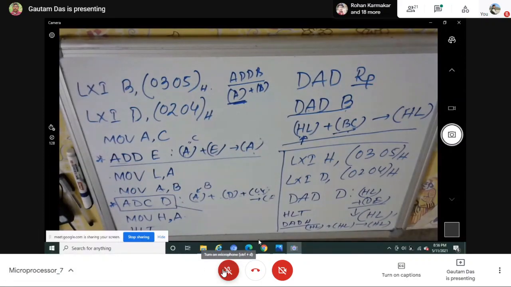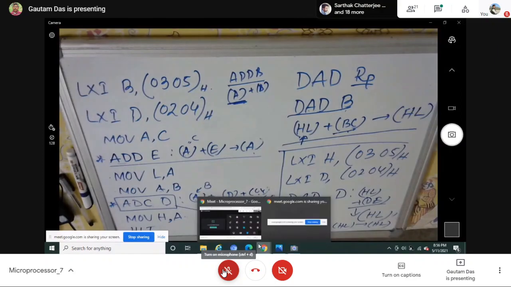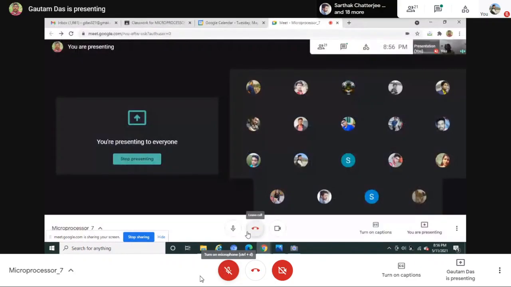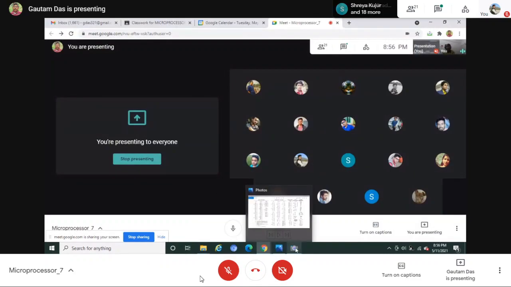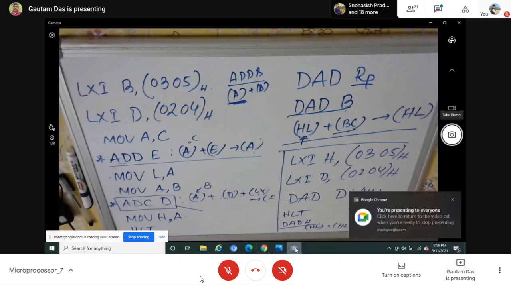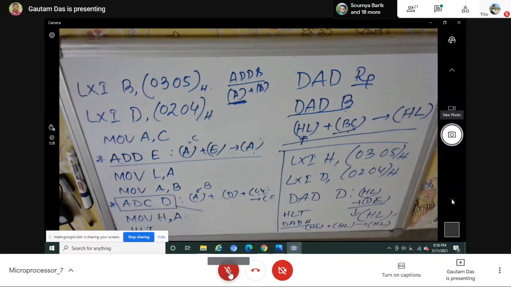You have three register pairs: BC, DE, and HL. Another 16-bit register is there, SP, the stack pointer. Later on I will show you that it can also be used as an operand for the LXI instruction. But A can never be used as an operand for LXI, because LXI means load register pair immediately. A is not at all a register pair. It is an 8-bit register.